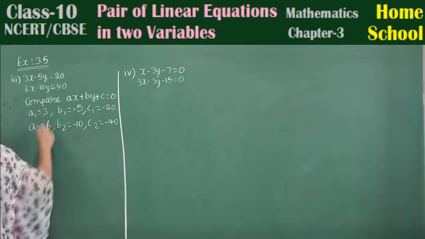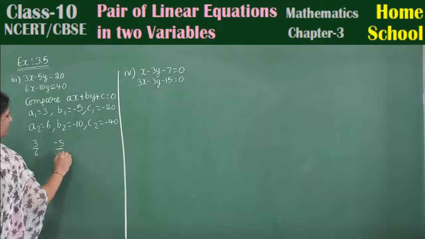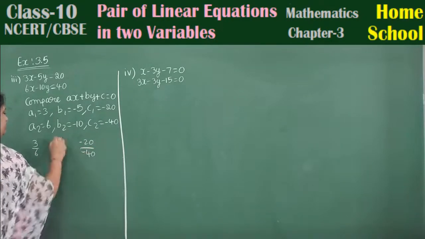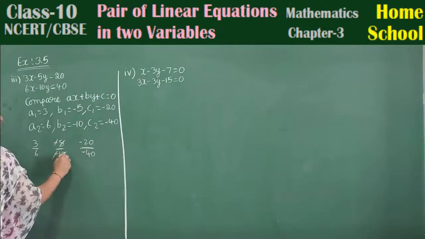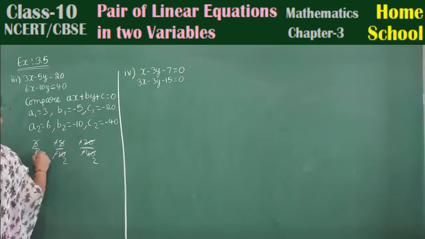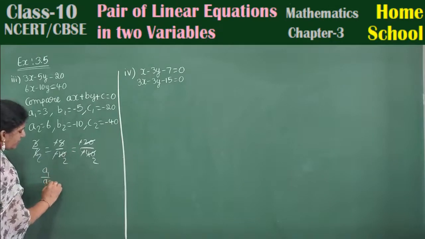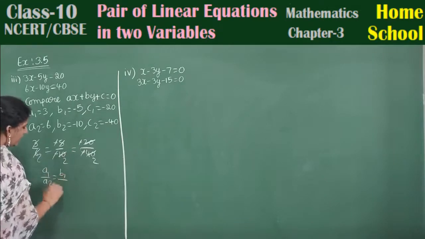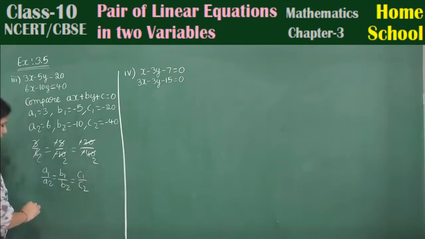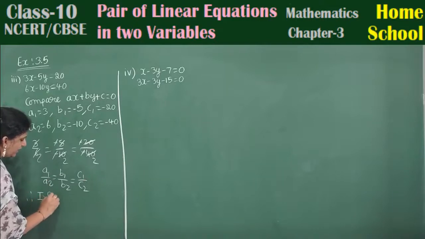Now, observe the ratios. 3 by 6, minus 5 by minus 10, minus 20 by minus 40. Minus minus cancel. 5 2s are 10, 20 2s are 40, 3 2s are 6. That means all the ratios are equal. a1 by a2 is equal to b1 by b2 is equal to c1 by c2. Therefore, they have infinitely